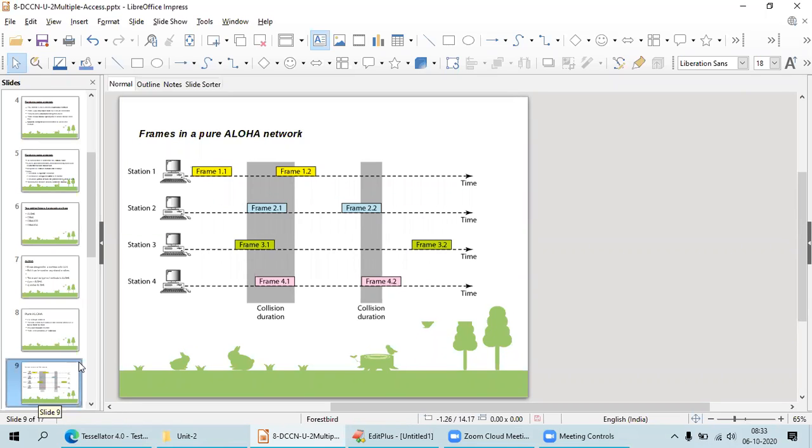Station 1 is transferring frames 1.1 and 1.2, station 2 is transferring 2.1 and 2.2, and station 3 is transferring 3.1 and 3.2. For the sake of understanding, I have written the frames like this. There would be compulsory sequence numbers for the frames, and the station numbers and addresses, all according to your data link protocols, flow control and error control protocols. For the sake of understanding, I have kept it as 3.1, 3.2 from station 3, and station 4